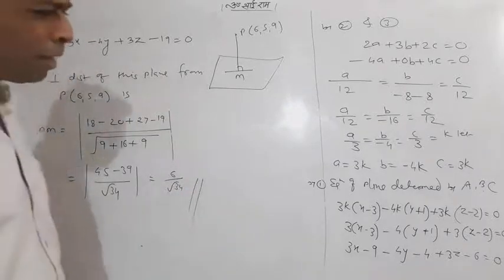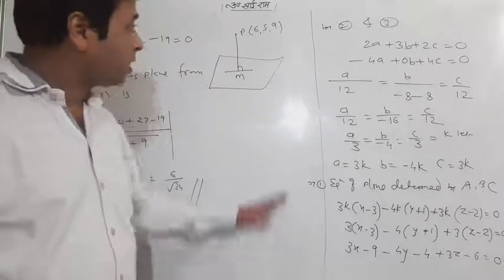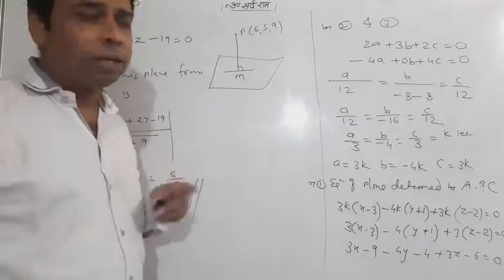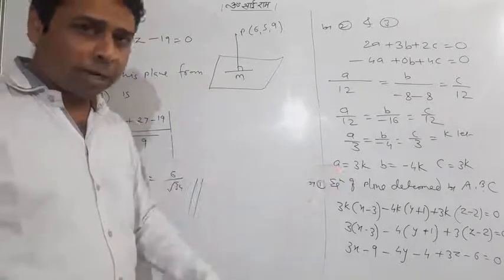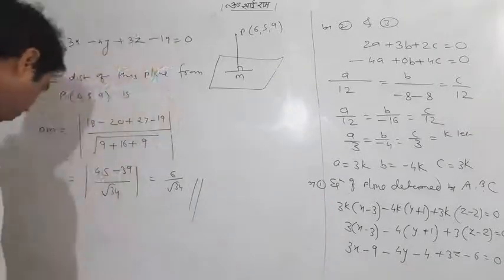A calculation mistake may be there. I don't want to check the answer. This is correct from my side. So the plane is correct, the answer is correct. You just have to follow the method only. This is the three-point concept, you can understand it. It was the three-point form, the method you have to follow and get your answer. So this is the way.